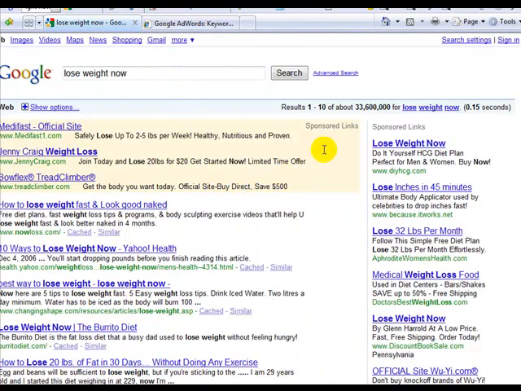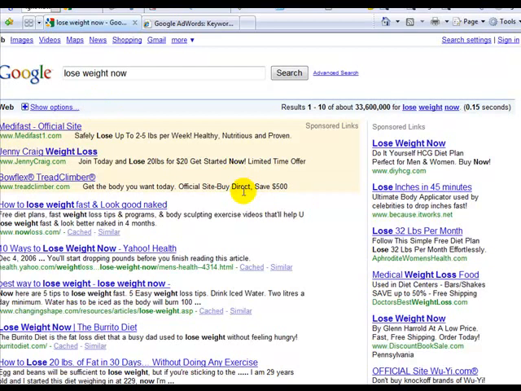How much does it cost to get an ad to appear in here? Well, it really depends on how competitive the market is. For weight loss, it is very competitive. To have your ad appear towards the top here, you would be looking at possibly a couple dollars, which is pretty crazy because it might be hard to turn a profit then.